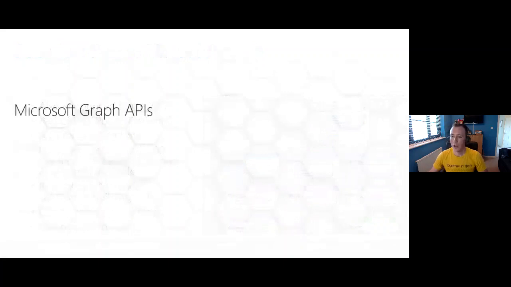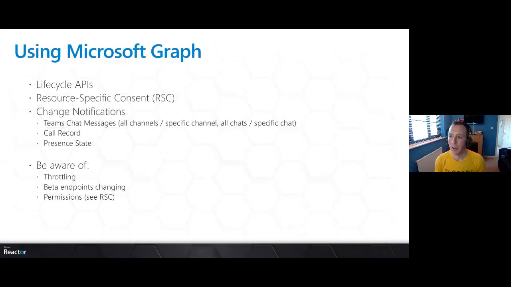Okay, the third pillar that we talked about is Microsoft Graph. Now, I'm going to assume as a baseline you understand roughly what Microsoft Graph is and what it isn't, so let's hope that's true. What I mean when I say Microsoft Graph APIs for developing on Teams is the lifecycle APIs. So I mean being able to call Graph in order to provision teams, manage teams, dispose of teams, and post information into teams.